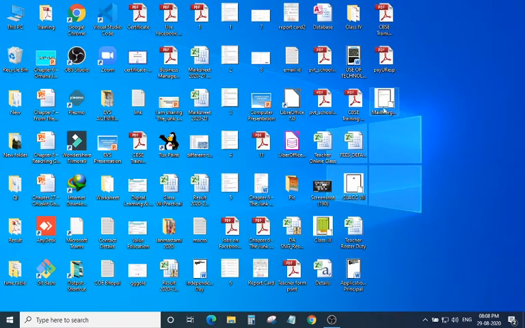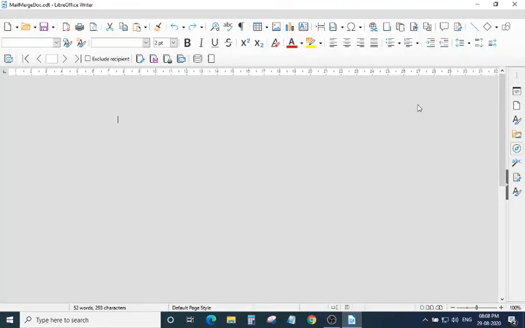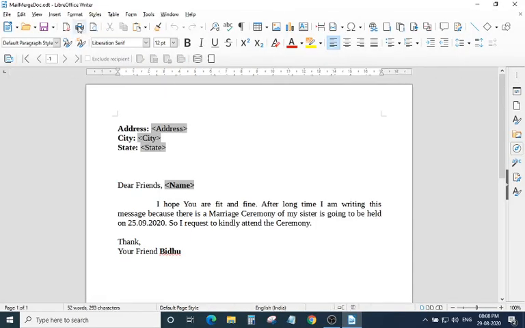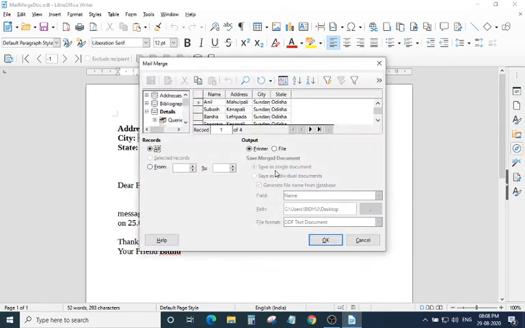After this, what you have to do? See, this file has saved on my desktop, so I will open this one, then I will show you how to do this. Then click on the print option. You can click on print, or you can choose Control P. Then you have to click on yes. Then these are shown.